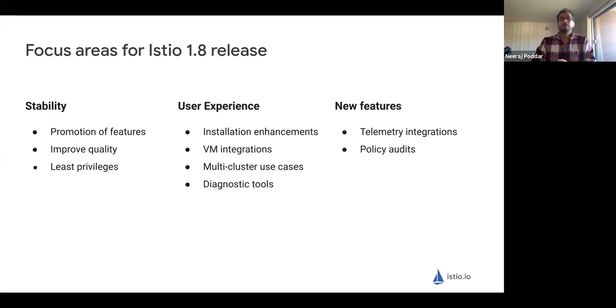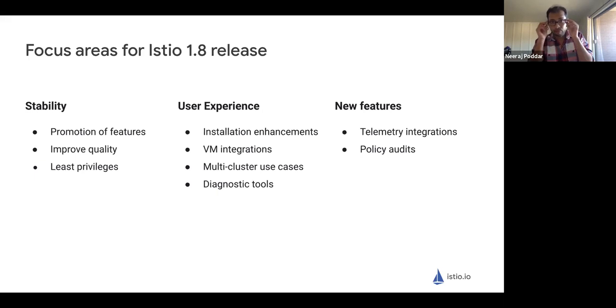For user experience, we have made a lot of improvements around installation. Another focus has been to make sure the whole ecosystem of Istio grows, and two of the main aspects of that is continuing to have virtual machine integration and making it better and seamless, so that legacy applications, as organizations are migrating to Kubernetes and Istio, they can bring their virtual machines along into the service mesh. We have expanded the multi-cluster use cases, made improvements in the documentation, so that as organizations are growing, they can actually expand their mesh and have more and more clusters and workloads in them.